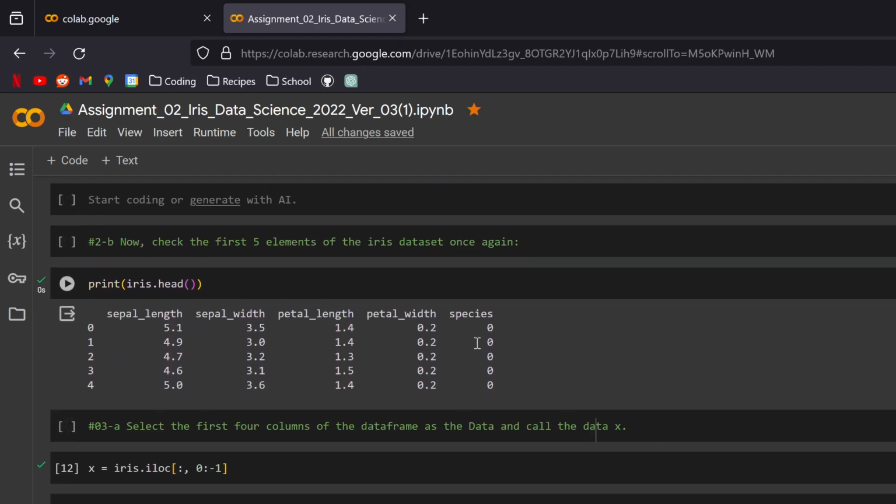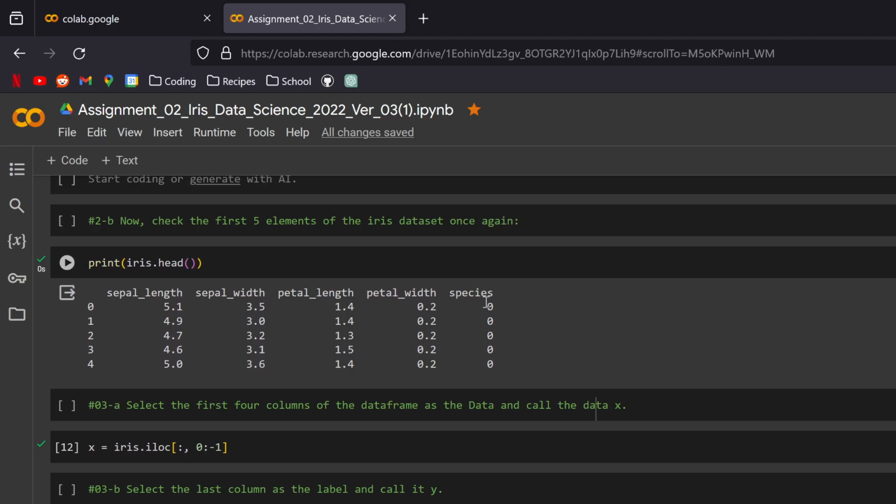And when we reprint the head, you can see that we now have it displaying all zeros. Again, just because that's how the data frame is organized. If we look at the tail,